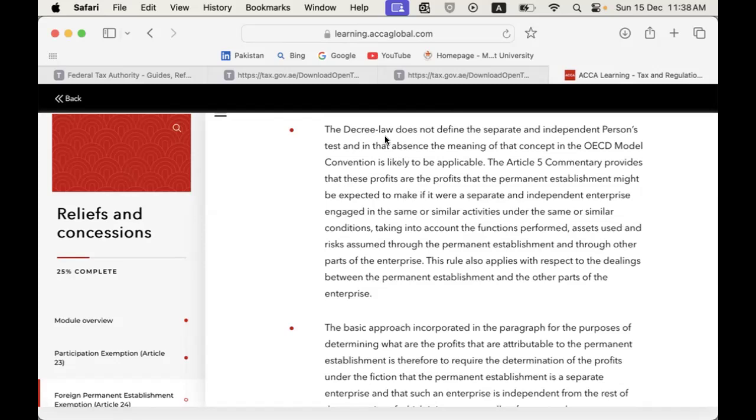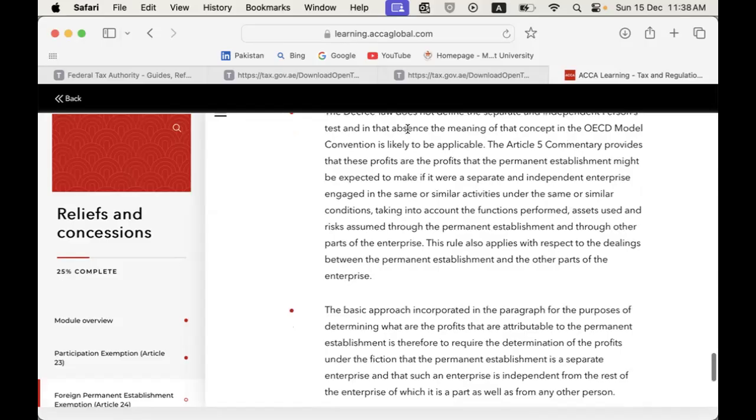Let us read through. All. Yeah, all. To be all. It is not a pick and choose. The decree law does not define the separate and independent persons test, and in that absence, the meaning of that